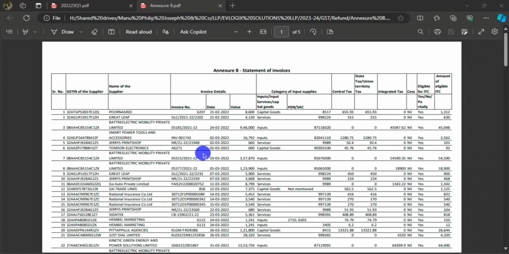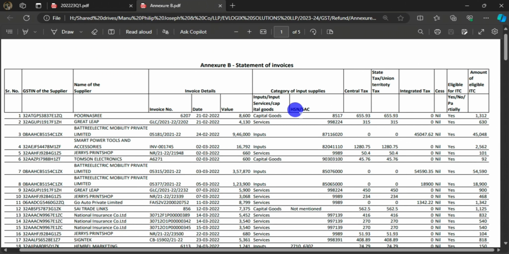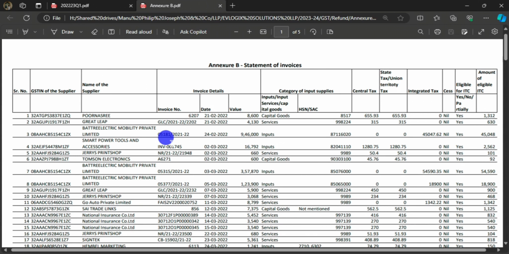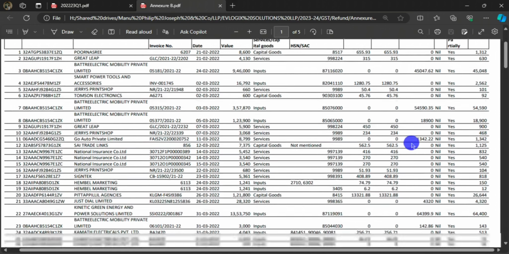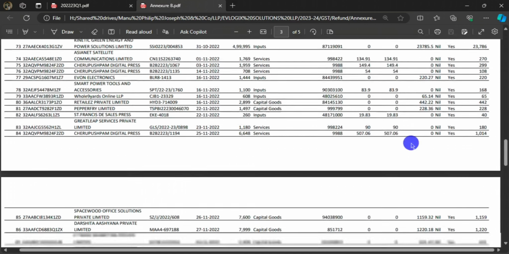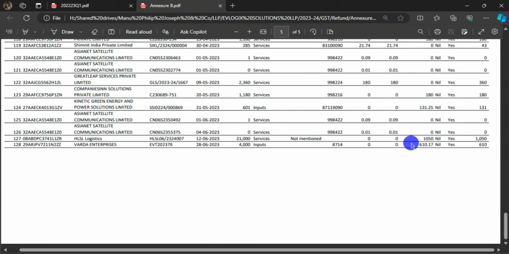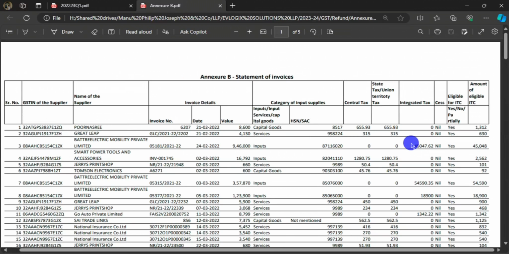In case of Annexure B, the list of invoices needs to be made, and you can get it from the GSTR 2A for the relevant month, or you can just type in all your figures. And one extra addition which was made is that we have to mention the HSN and SAC code, which is from now on mandatory, which is an additional task because it won't be mentioned in the GSTR 2B or 2A. And we have to input the details like capital goods, services, or inputs, and we have to classify them as such and give the entire list in a PDF file.